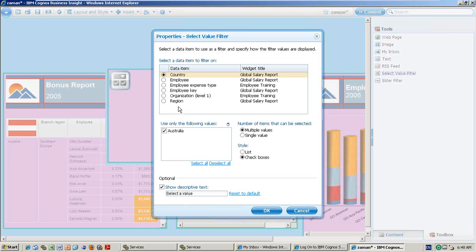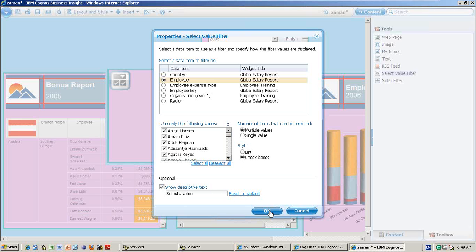For example, I want to create an employee name filter. What employees are available? So all the things, you just select the column name, that's it. You select the column name and what type of selection you want, multiple selection or single selection. Just create multiple values if you want multi selection, if you want single selection, single selection, and if you want check boxes or list. So I am taking the check boxes. So then click OK. So that means the column only you need to select. You don't need to create the prompt page, query, association, nothing.